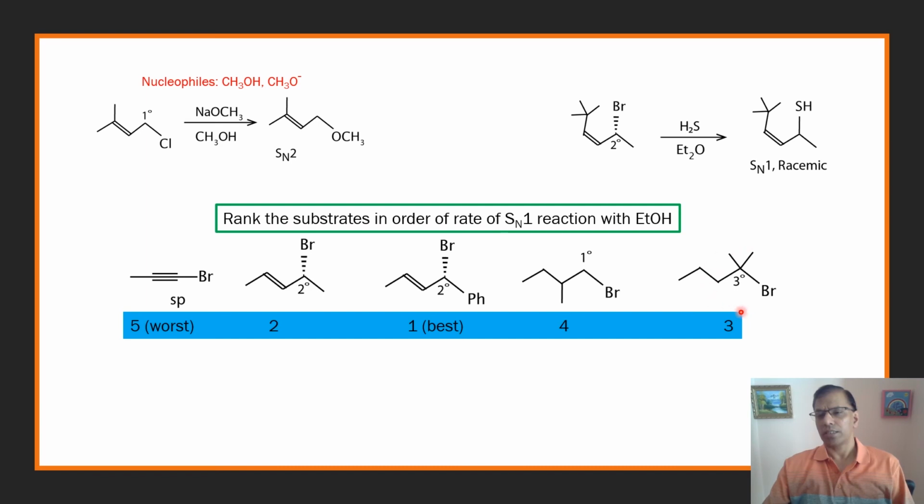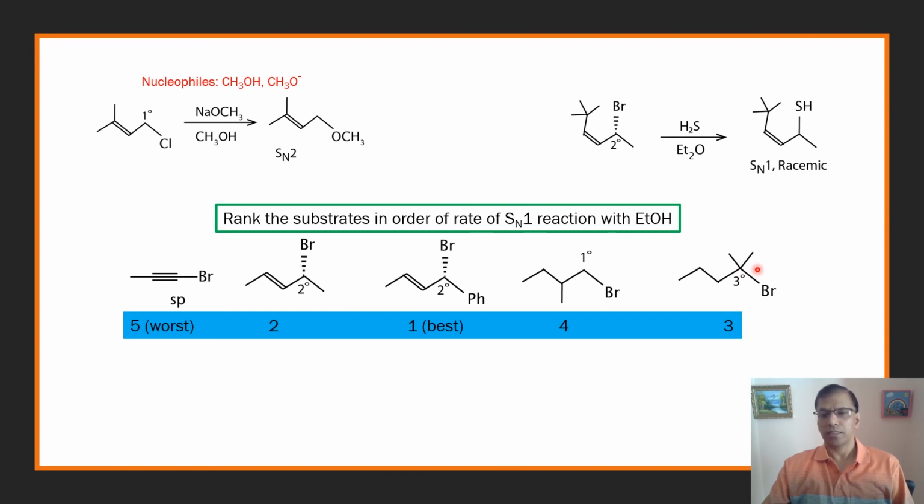Then let's look at this tertiary halide. For an SN1 reaction to occur, tertiary halides are pretty good because a carbocation can be formed,